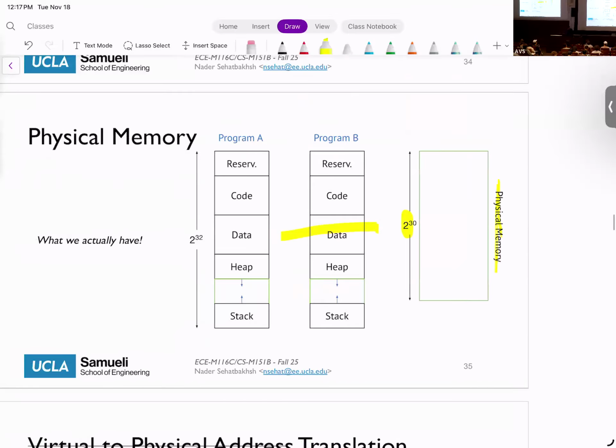You might also wonder: this doesn't make sense, because if virtual addresses are 32 bits and our physical addresses are fewer, and now I have multiple programs, how do we actually fit this into the main memory? The way this works is that this is just an illusion. Although we technically can have the entire memory, when a program starts, we don't assign all the 2 to the power of 32 to that program. We only assign a small section of this memory, and if it needs more, it will grow.